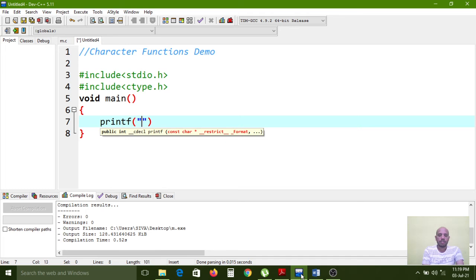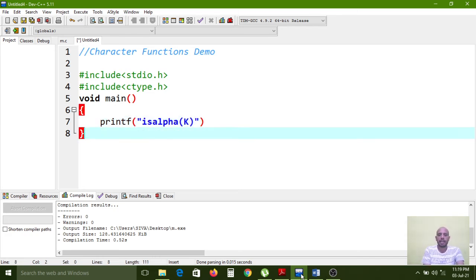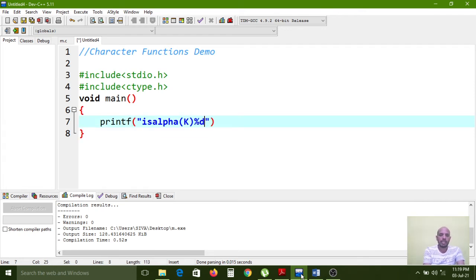Now is alpha. Is alpha for k. Okay, k is the character I am passing. Here, percentile d.